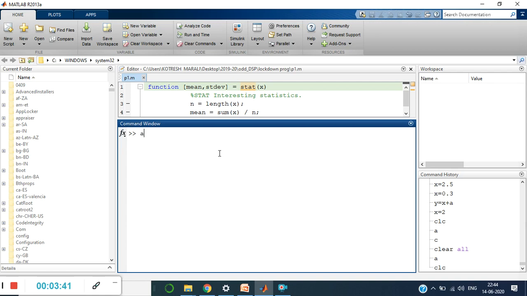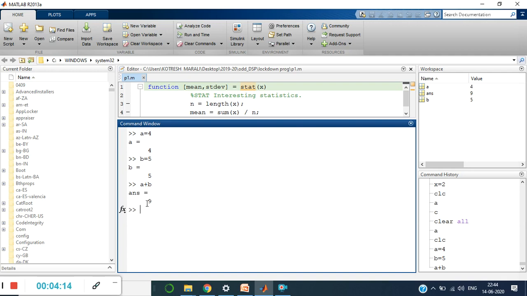Let me say a is equal to 4, and say enter. b is equal to 5, and I'll say a plus b. See, I'm not assigning a plus b to any variable here. Let us see how MATLAB takes it.